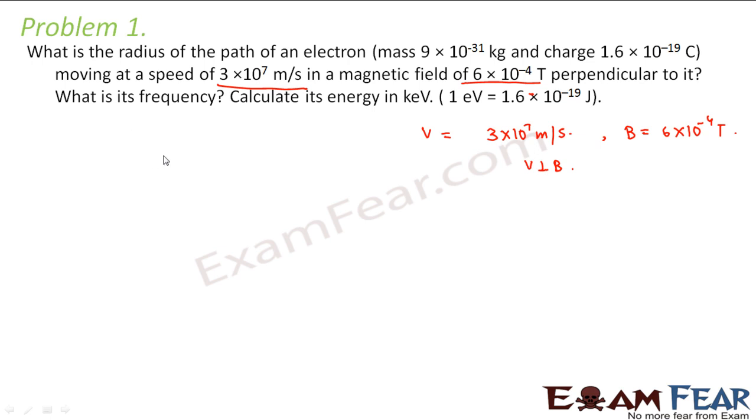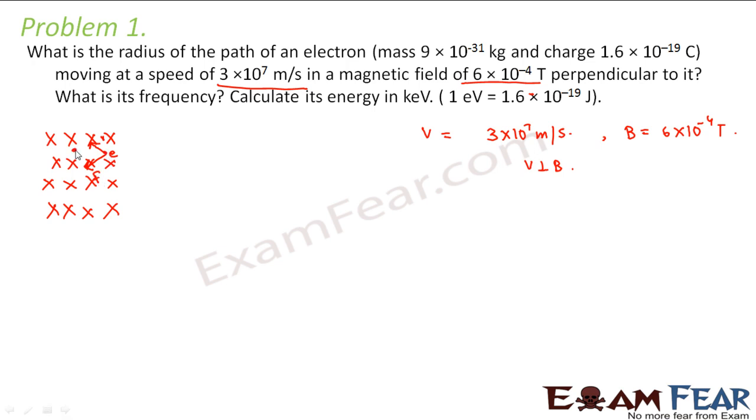So how will the motion be? Let us suppose this is the magnetic field. So magnetic field is acting in the downward direction. And let us suppose this is my electron. So this electron is moving with some velocity, let us say V. So what would be the direction of the force? You apply your right hand rule, V cross B. So take all your 4 fingers towards V, put it down. So your thumb will point towards this direction. So this will be the direction of force.